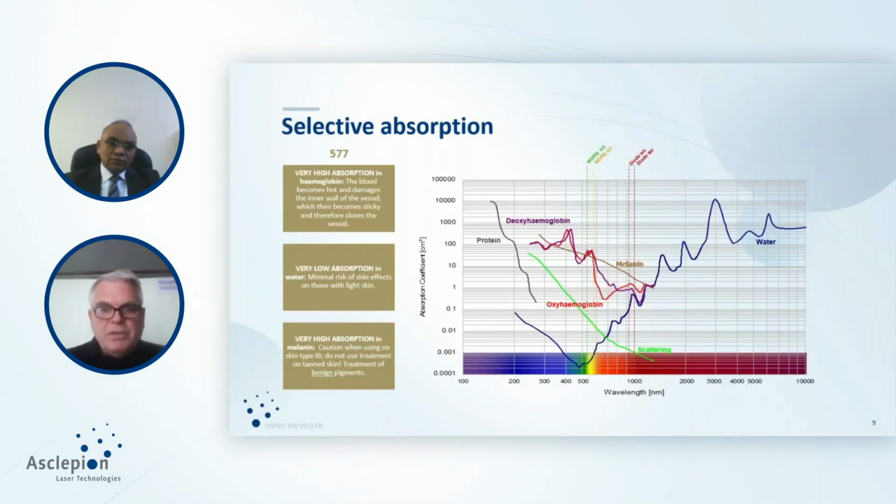Where do we go? You know this curve anyway, but here in the oxyhemoglobin maximum point, we have the 577. So we have a good point, and the curve here, the physics, it's important that we know where the maximum points are. Here in this case, you have 577, and the most absorption will take place in oxyhemoglobin here, and the melanin is a little bit less. So that means we have good access to the vascular lesion, and with a low absorption in water and low scattering impact.